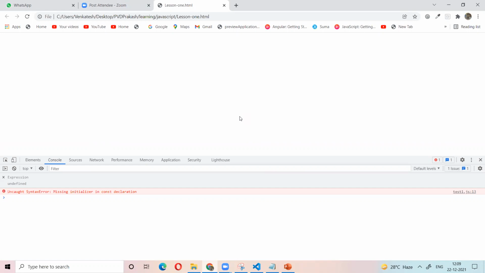If you want one value on one page and another value on another page, then you use variables. For example, initially you want the value 10, and after some execution of the code you want 20, then you use var or let. But if you want only one value throughout the execution of the program, then we use the constant.